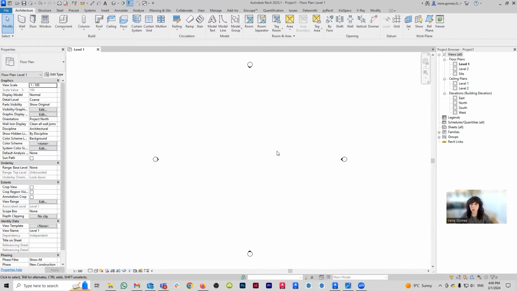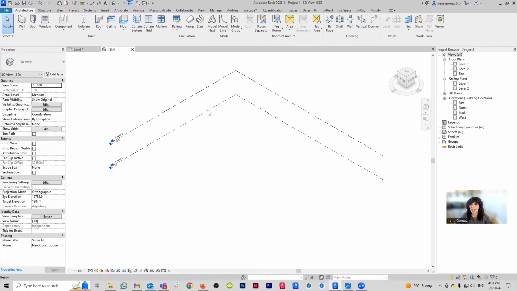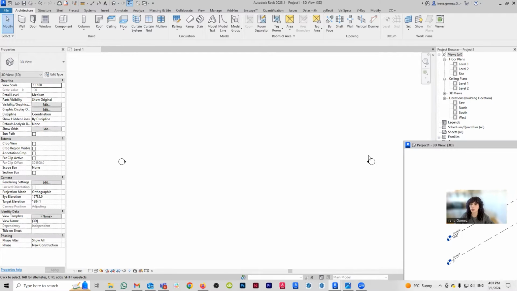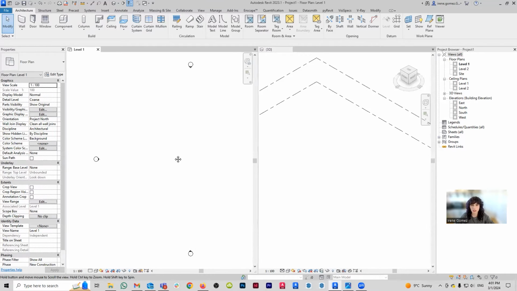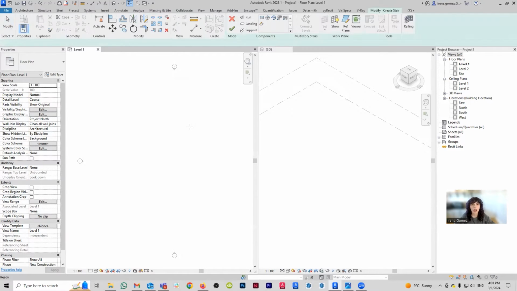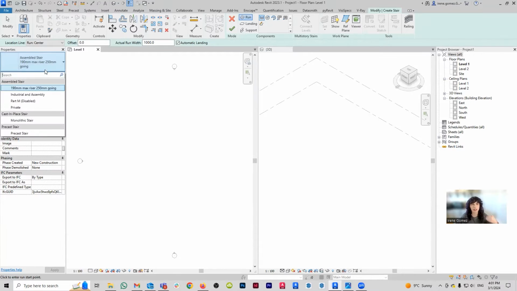All right, so as usual, I'm going to be starting in a project, and what I like to do is just create a basic stair that I will then start customizing to fit the particular needs of the design. So the starting difference here is that you can see that this is a curved staircase. Because of that, I'm going to go to the Architecture tab, Stairs. I'm going to start with Assemble Stairs. If you expand the options here, you're going to see that there's a couple of different options. The reason that I'm going with an assembled stair instead of a cast or precast is because here there is an assembly of riser and tread. And this is going to make it a little bit easier for us to customize our stair.